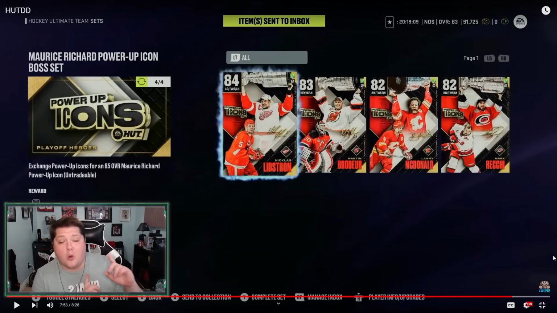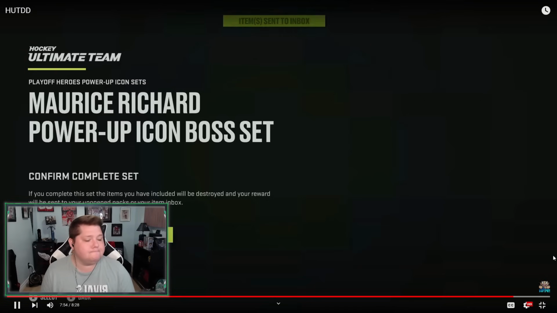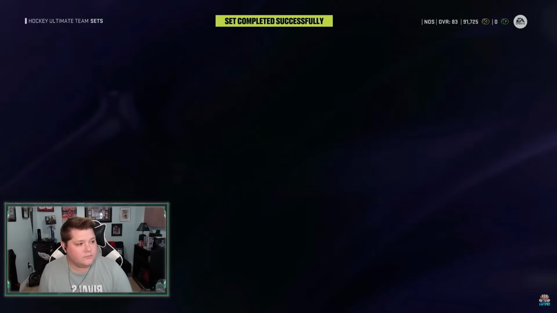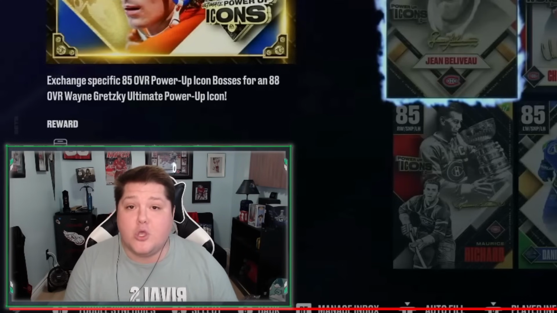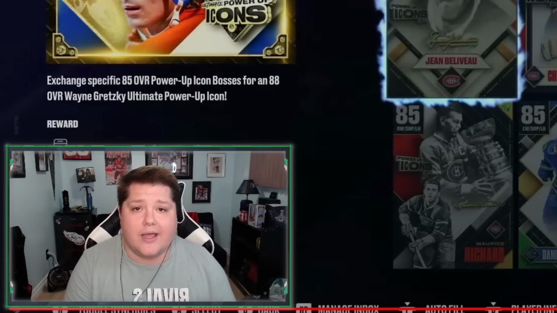And this one right here is for Maurice Richard. From each of those 4 sets, you can then trade them in for the ultimate PowerUp Icon. So you now have the Maurice Richard, and if you want Wayne Gretzky, you can make Wayne Gretzky. If you want Lemieux, you can make Lemieux, or if you want Howe, you can make Howe. It's your choice. To get Gretzky, Lemieux, or Howe, you're going to need to collect all the icons, and the